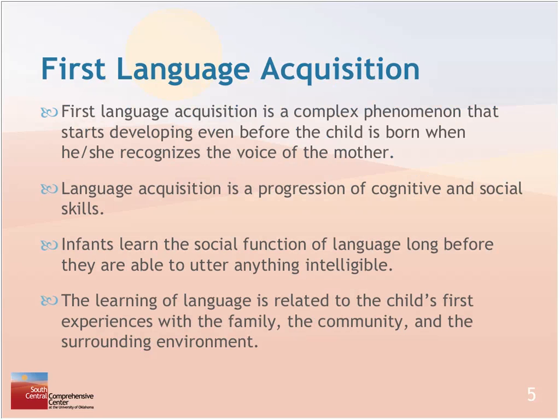So how is the first language acquired? Even though there are a lot of theories, I'm not going to go through them because our focus is second language acquisition. But what we can really say is that the first language is a progression of cognitive and social skills. So the child starts learning the language together with the social functions of language. And even before they talk, they know where to use what part of the language.